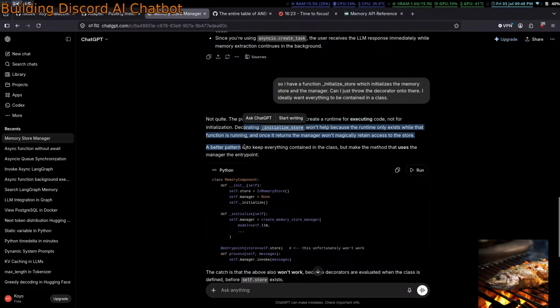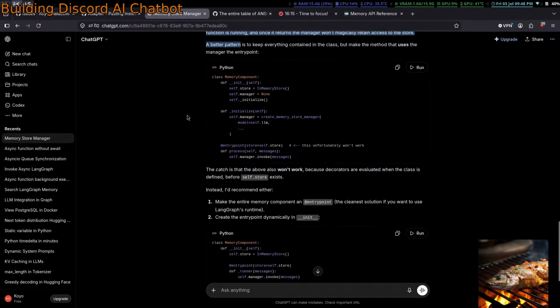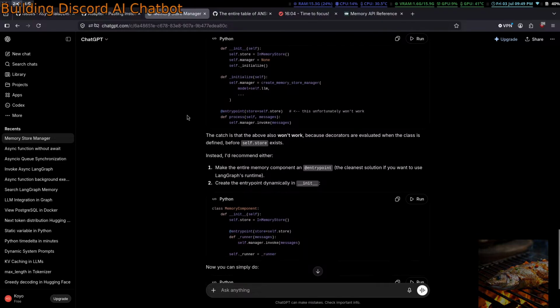Okay, so in that case, can I use at entry point? Memory component entry point if you want.